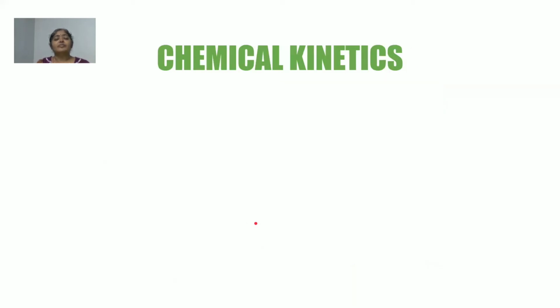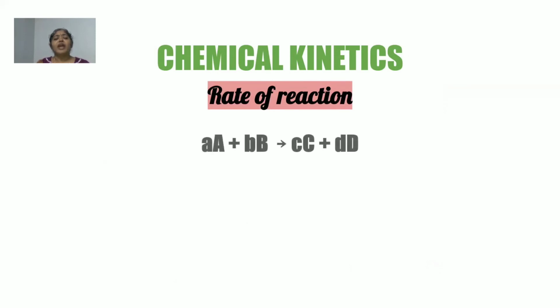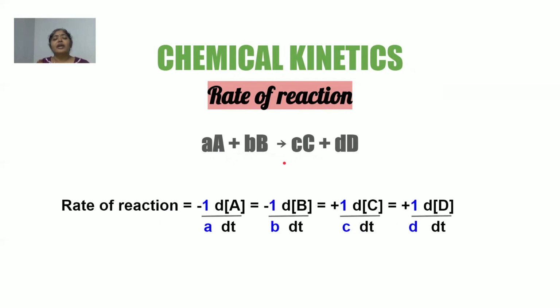All right. So now let us generalize this rate of a reaction. So if I have a general chemical equation in this form, aA plus bB forming cC plus dD, where the small a, b, c and d represent the coefficients of the reactants and the products. The capital letters indicate the reactants and products, and the small letters are indicating the stoichiometric coefficients in the balanced chemical equation. So in that case, how do we write the instantaneous rate of the reaction? It is written like this.